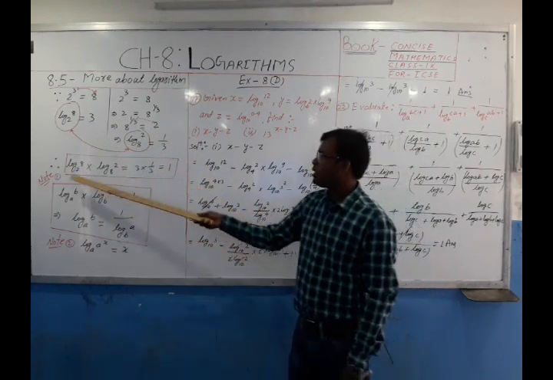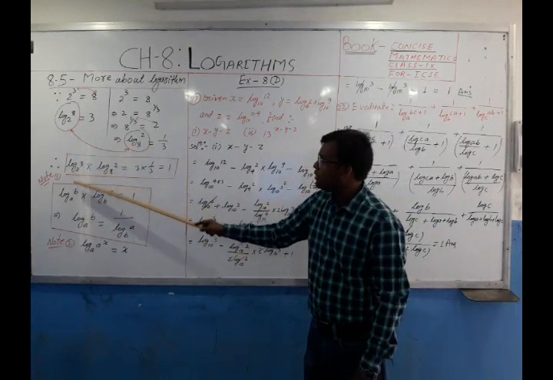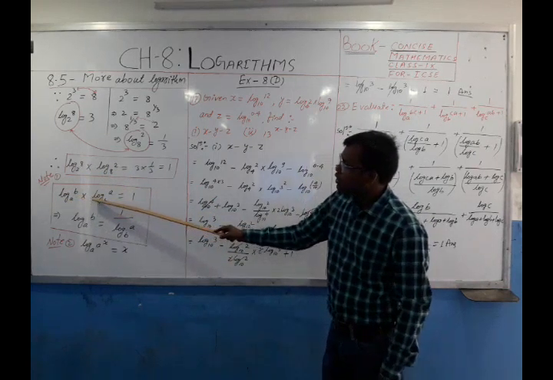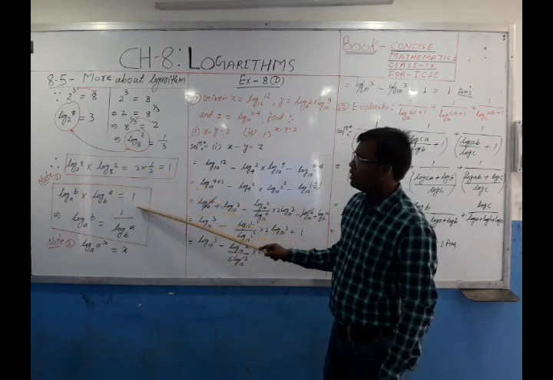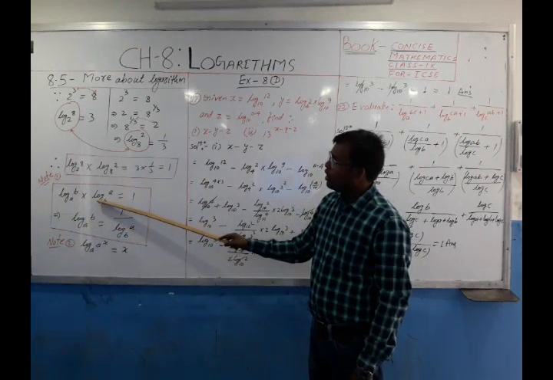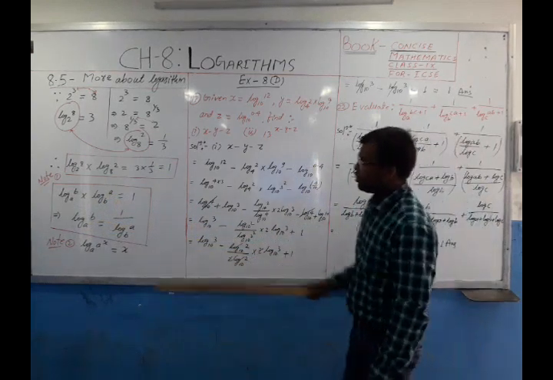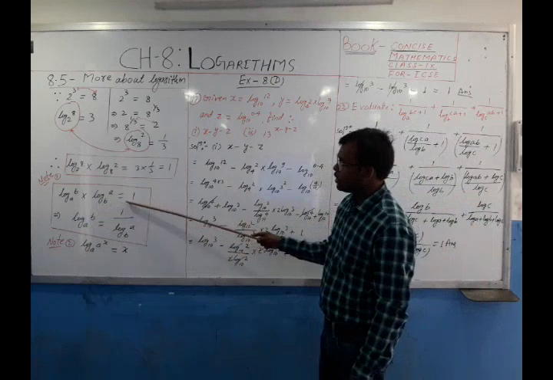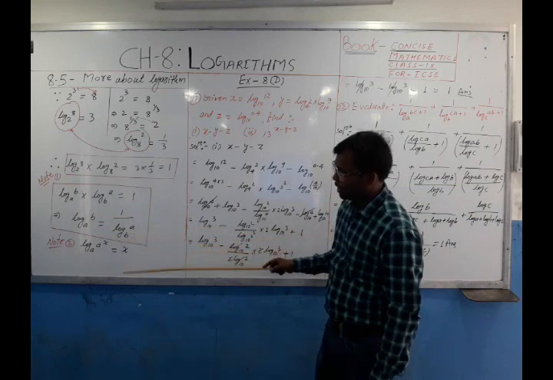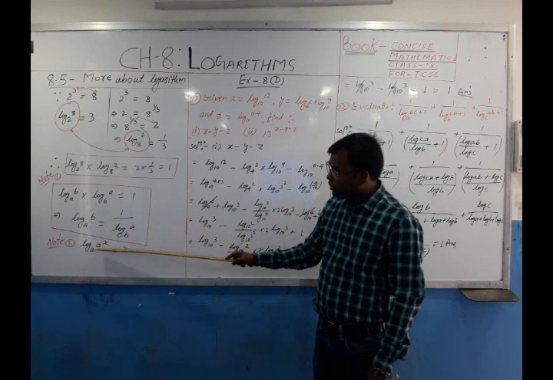1. So just to make a formula in this form, in place of 2 replace a, and in place of 8 replace b. So log b base a into, just interchange a and b, log a base b is equal to what? 1. So you can even write log b base a is equal to what? 1 by log a base b. This is the fundamental and basic relation, changing in the form of reciprocal. And make a note in another way, log base a of a to the power x is equal